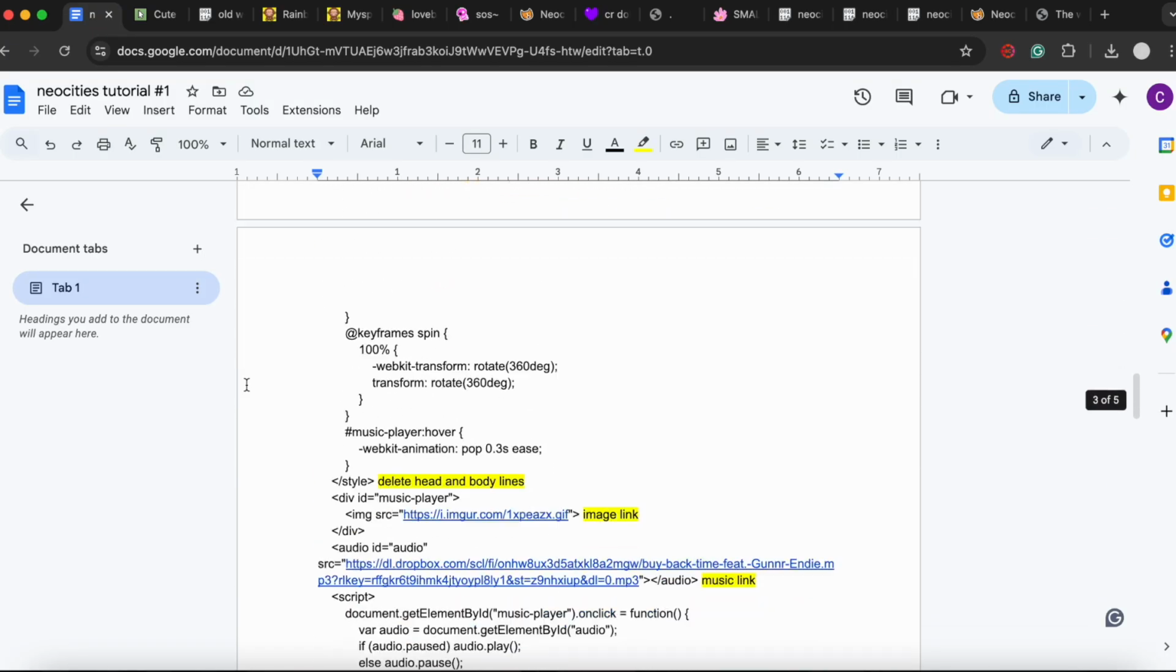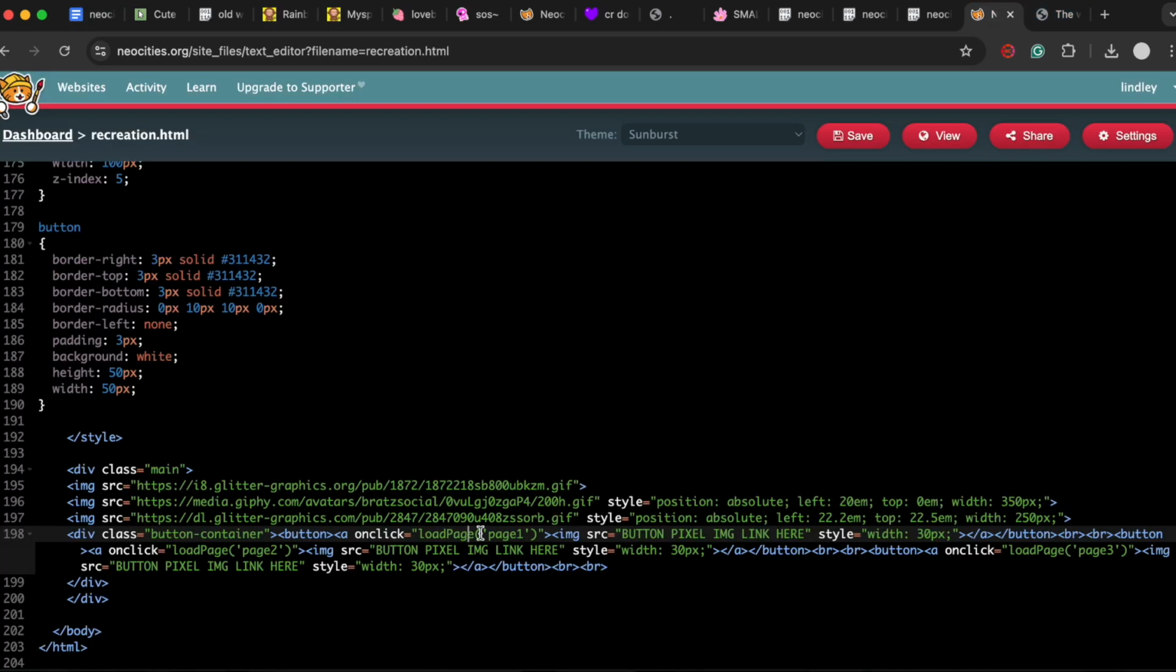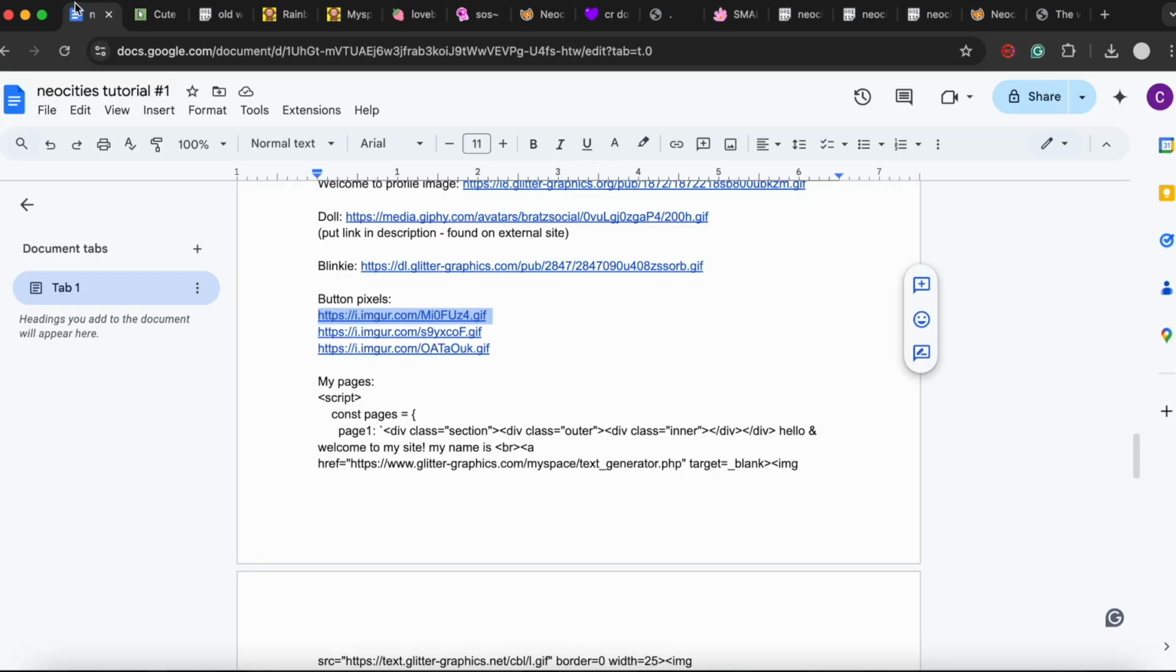So I believe I put my button pixels here. The Google Doc is a little out of order, and please ignore the notes I make. As I make this tutorial, I will probably need to do a lot of editing. So yes, I have my 3